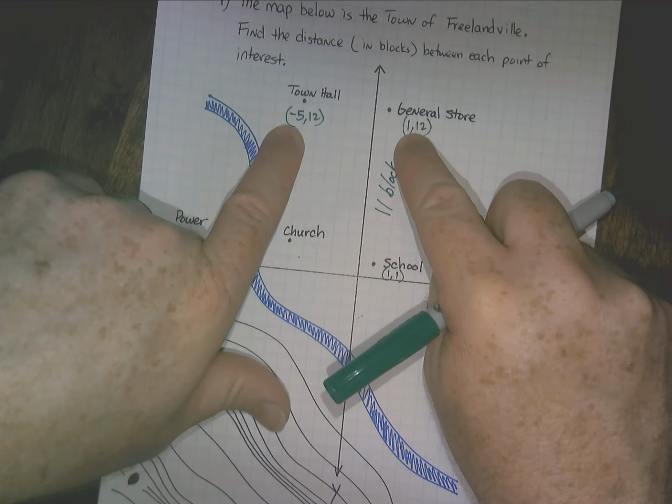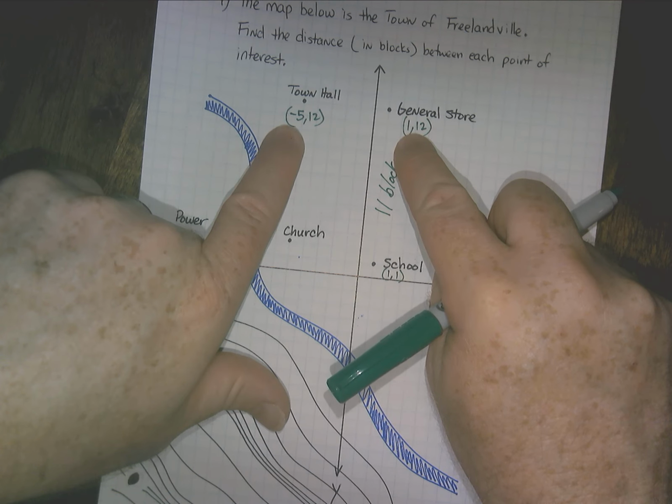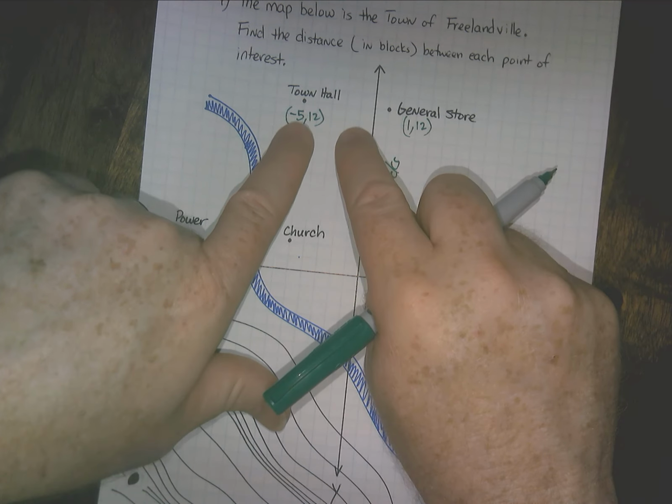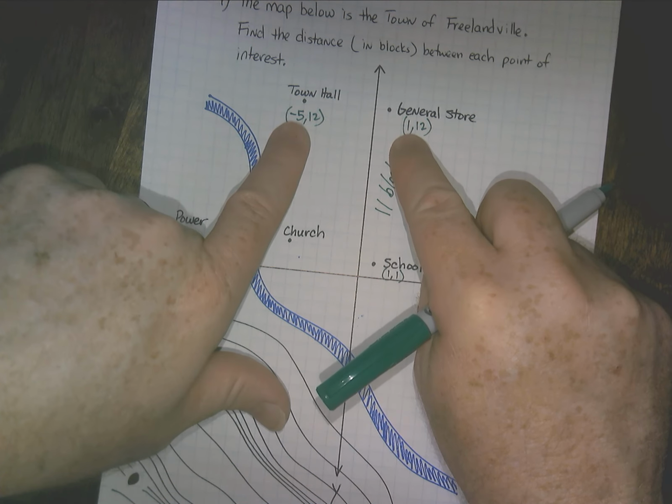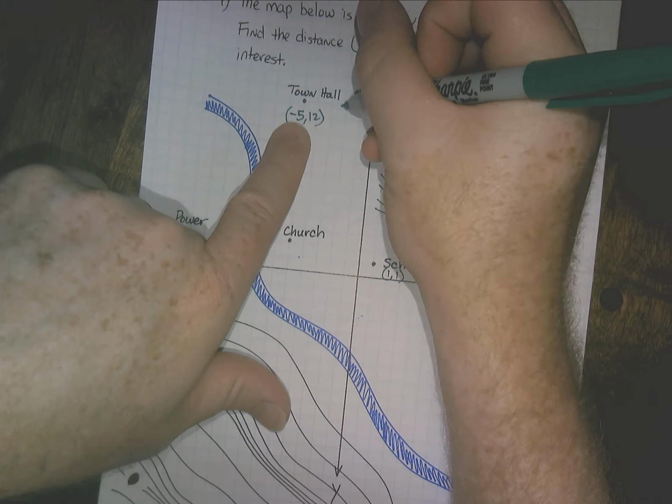So if you think of the number line, what is the distance between negative 5 and 1? Well, you know the distance, the absolute value of negative 5 is 5. The absolute value of 1 is 1. So 5 plus 1 is 6. So this is 6 blocks